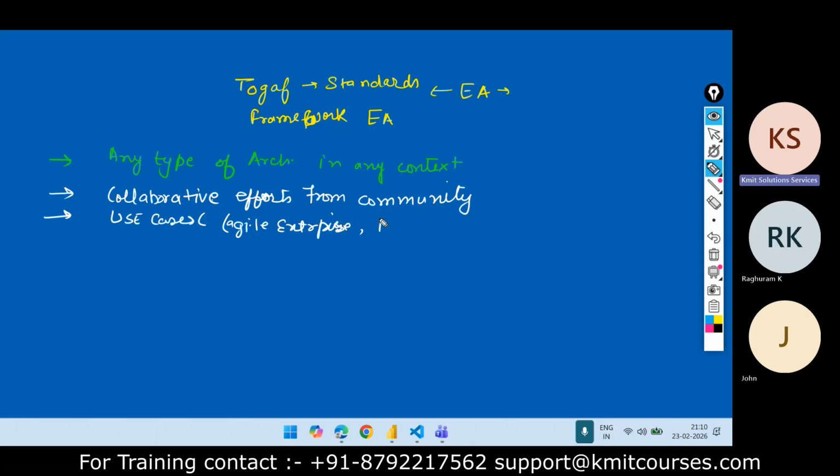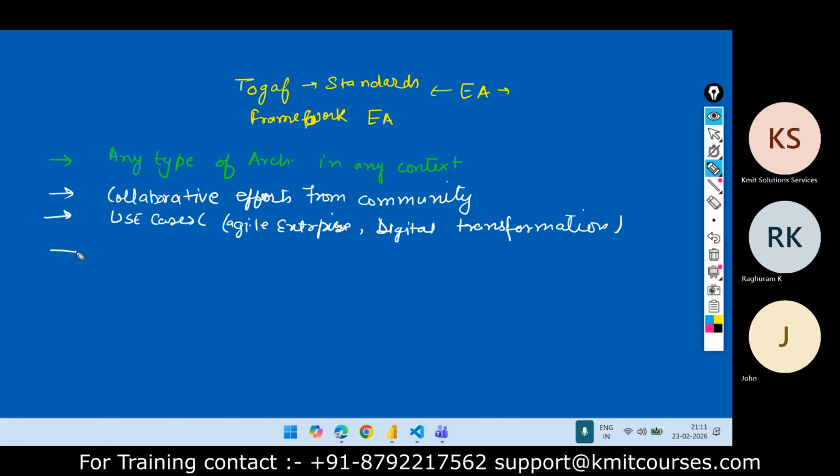If you are doing some digital transformation, there you can use this. So these are the use cases where you can use this TOGAF framework.